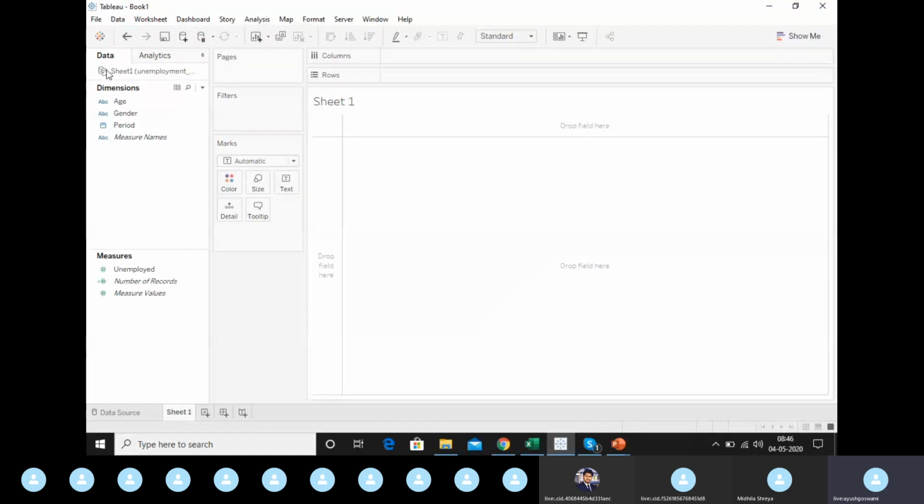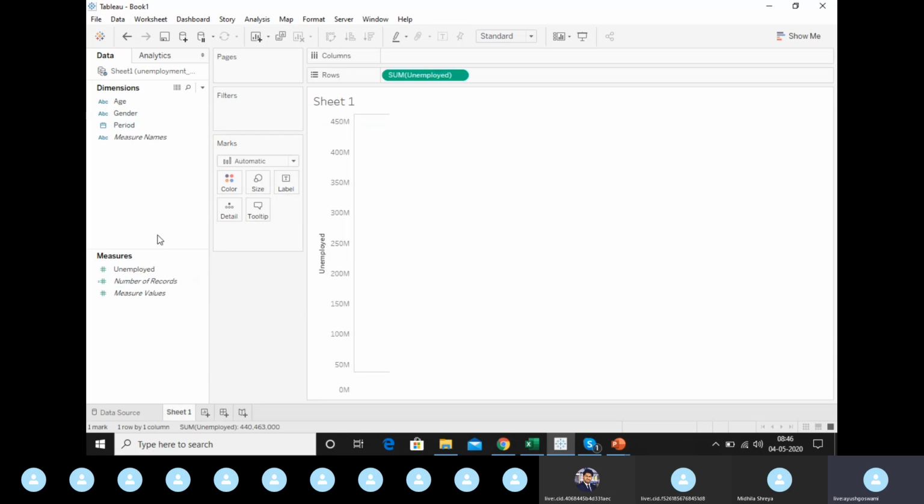So now we'll be going forward with the processing part of our data set. So here you click on unemployed. You will see these are the sum of unemployed people over the entire years, and the total sum is around 44 million, 44 lakhs something, right? And once you click on gender, once you click on period, on double clicking of it,